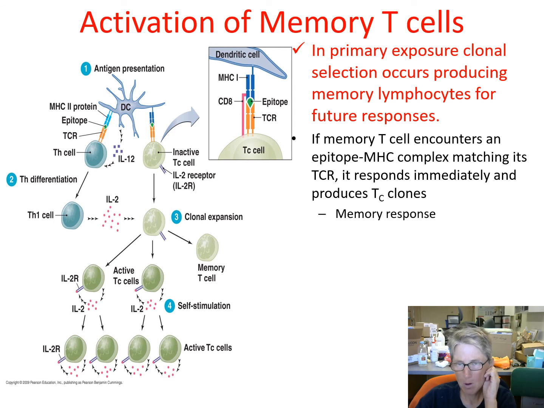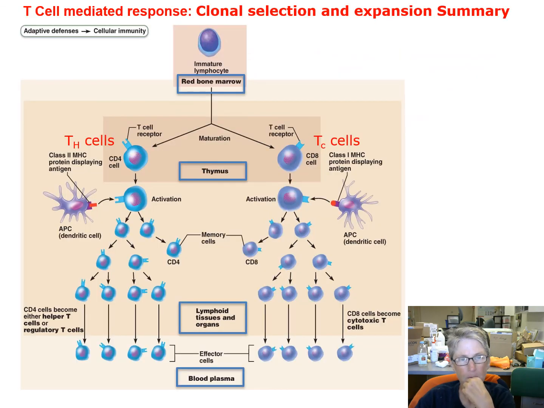In primary exposure, so that's the first round of exposure to a pathogen, clonal selection occurs, producing these memory T cells for future responses. I think that's it. Nope. One couple more. Okay, so this is just another